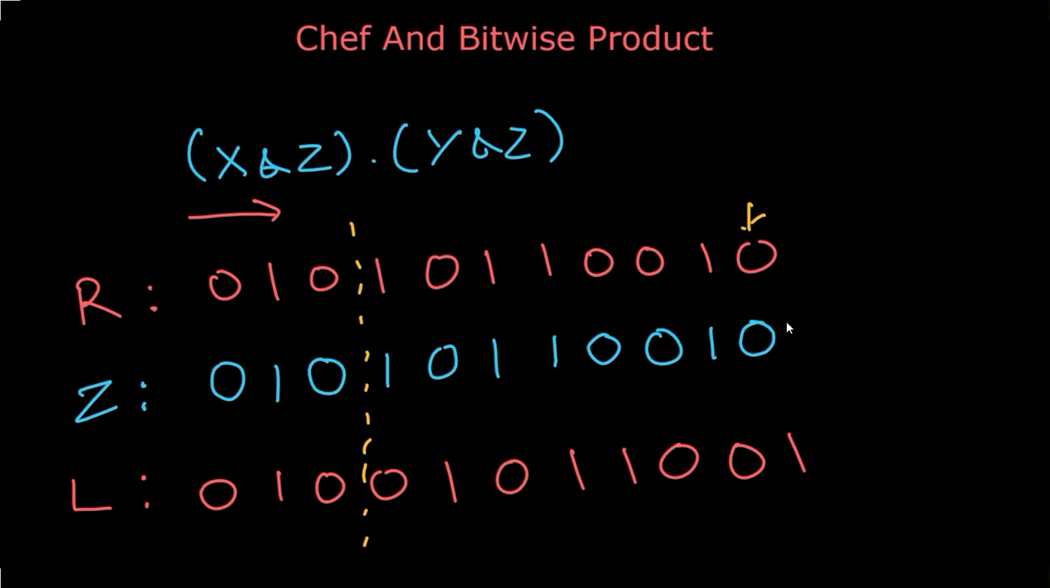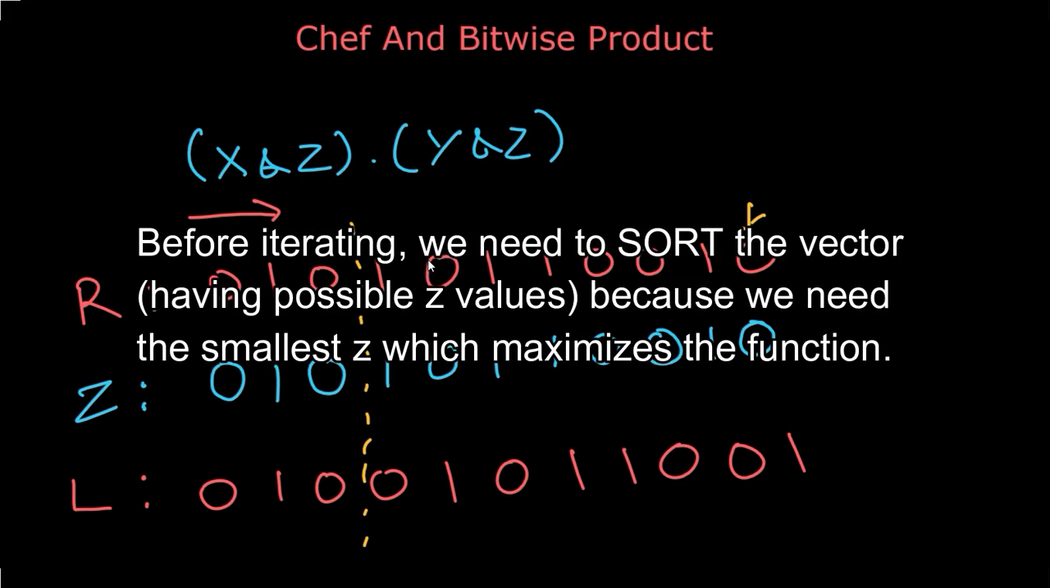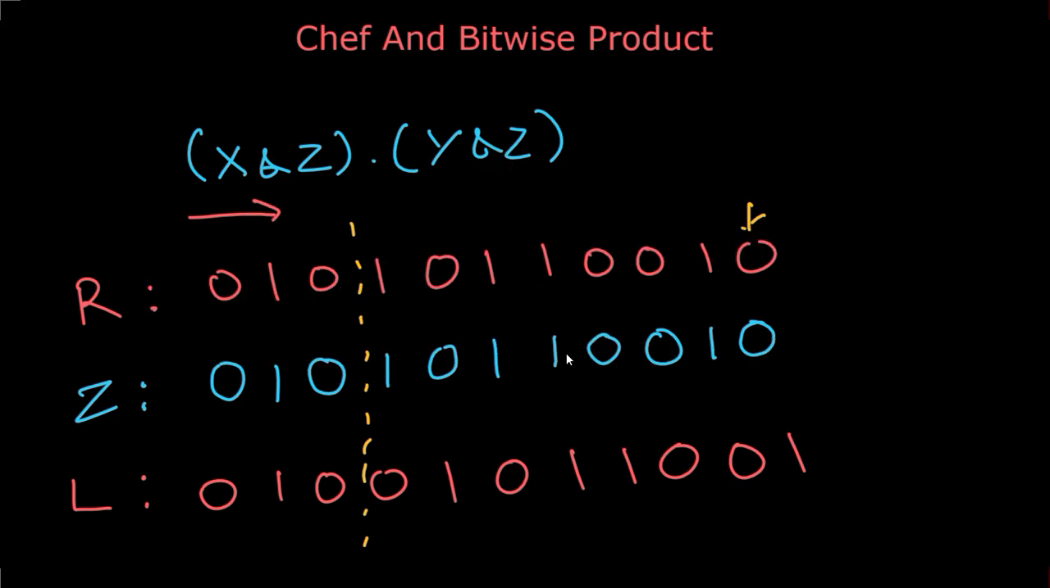So the amount of Z values that we have found out is in the order of log R, since there are at most log R bits that we are traversing. Now that we have found the possible values of Z for which the function will be maximum, we simply iterate over all possible values of Z and find the Z value which maximizes the function. Say you have found that Z value which maximizes the function and let that Z be, for example,